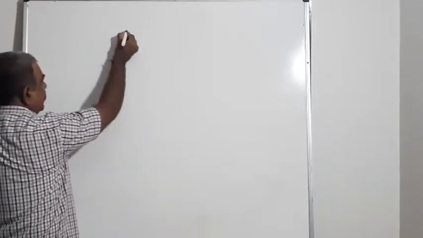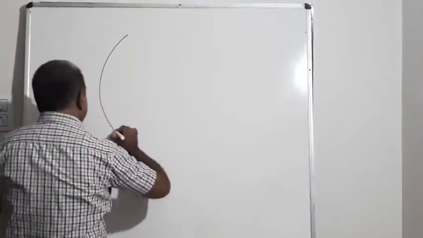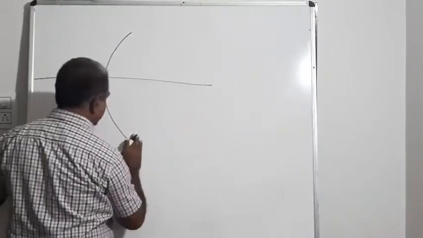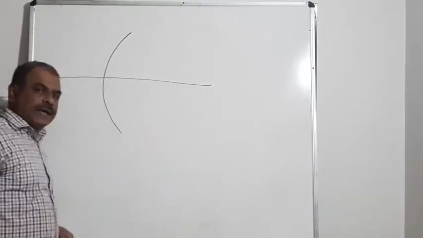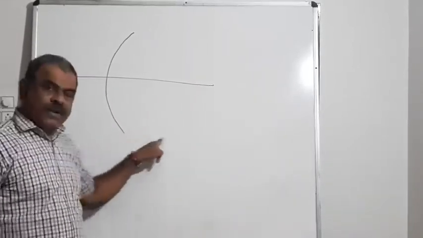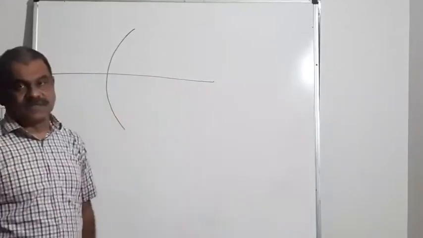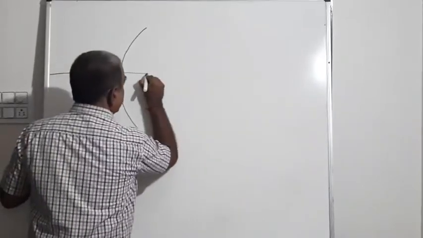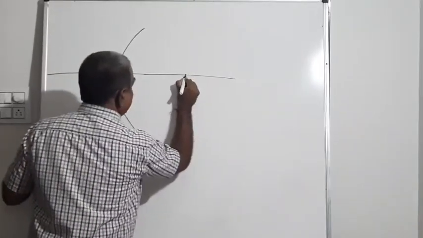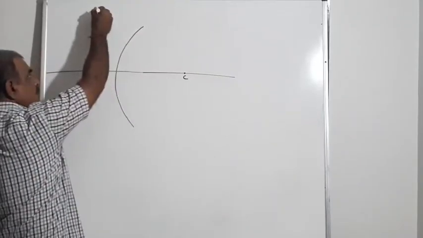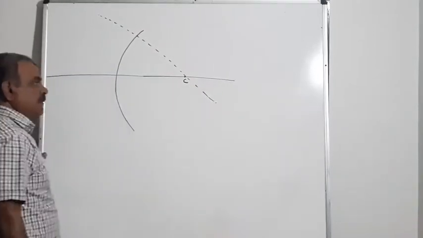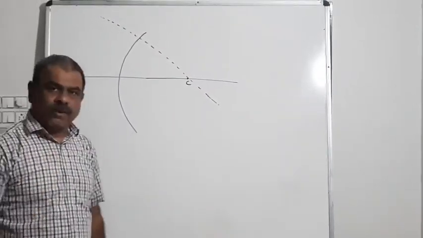First of all, what is refraction through a curved surface? For that, consider a curved surface having a radius of curvature R. So you can clearly differentiate. Up to now we have taken a straight surface, but this is a curved surface with radius of curvature R. This is the center of curvature of the surface. So if I draw a line passing through the center of curvature, naturally it will be normal to the surface.